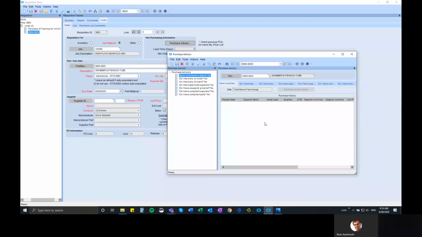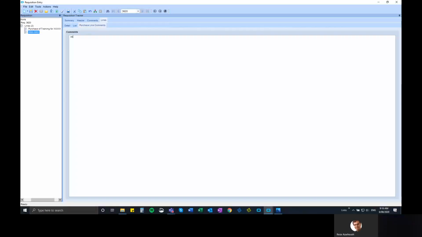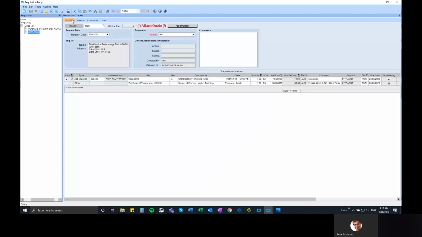Have I purchased it before? You can view previous purchase orders in here, and you can see the pricings against a given part. So that's quite useful for querying part data. So then you go through and populate the rest of the data. $10, and let's put some random comments. Right. So at the end, when you're all done, just go to the summary tab, and then just have a